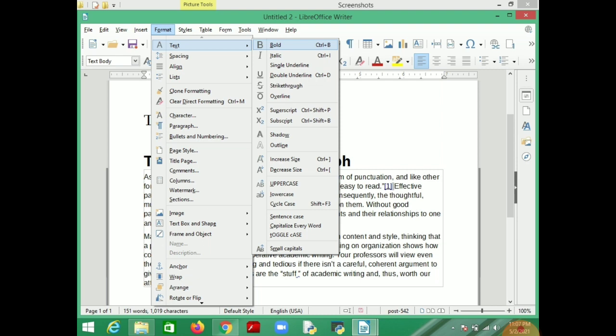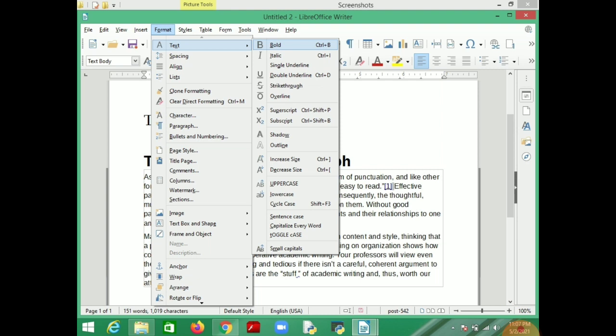You can make a shadow of your text, you can outline it, you can increase size with Control right bracket. So you can change the text into uppercase letters, lowercase letters, capital alphabet, small alphabet.